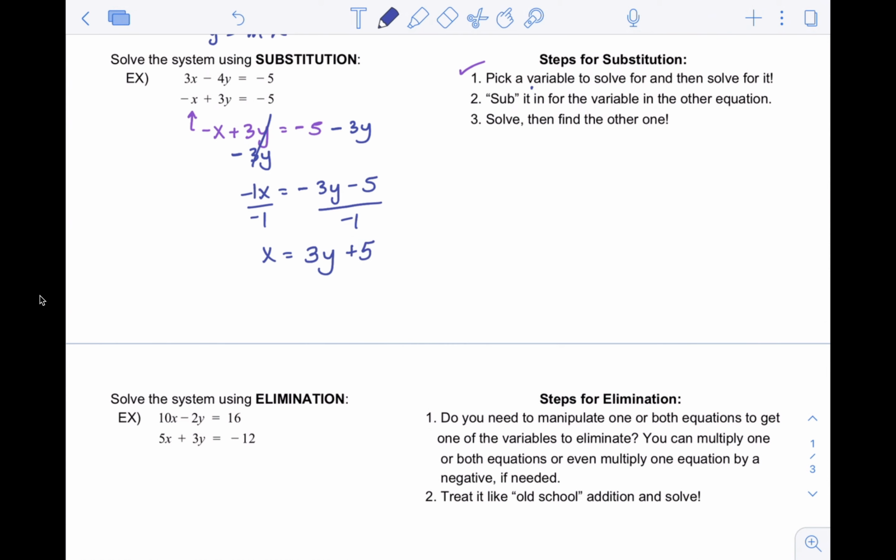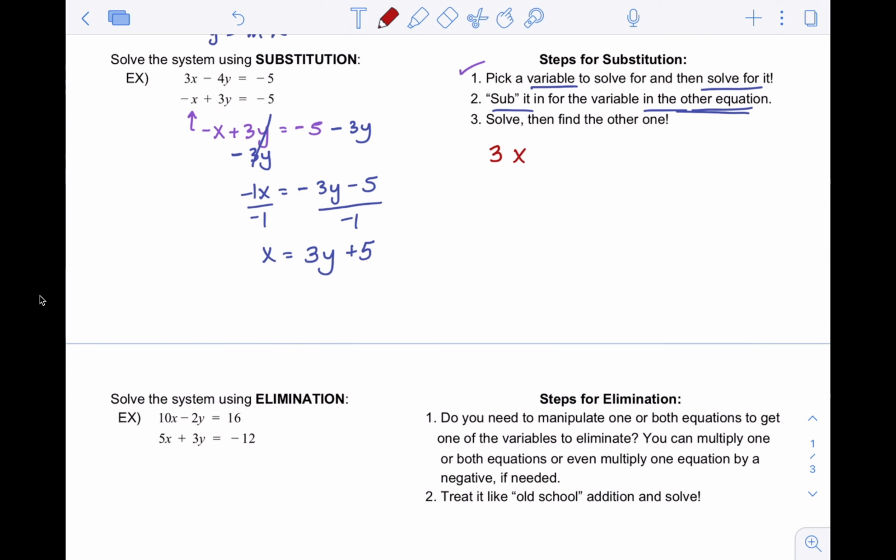So we picked a variable. We chose the bottom x because it looked the easiest to get by itself. And then we got it by itself. We solved for it. So here comes step 2. Sub it in for that variable, but in the other equation. Well, let's talk about the other equation. The equation we didn't use